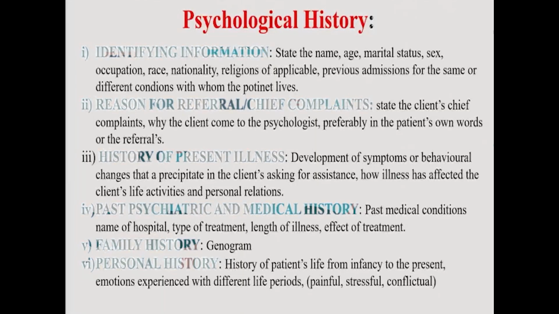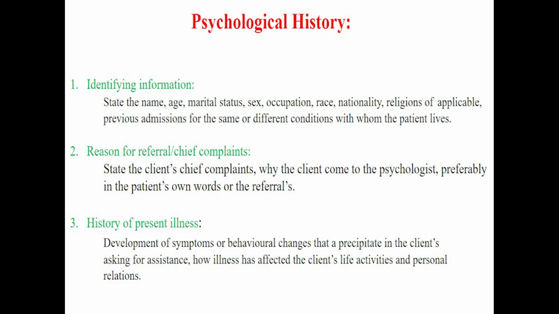Once you collect the chief complaints and the duration of the complaints, then you have to go for the history of present illness. What is the history of present illness? It is the chief complaints you obtained from the client, written in a developmental, systematic manner: all the symptoms, the reasons for the symptoms, the precipitating factors, and what the client is expecting. From the symptom's onset until the client comes to your cabin, you have to collect the story.